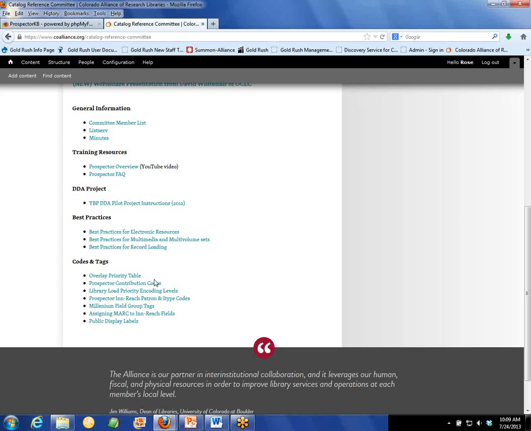And then under codes and tags, we have other things for identification type of documents. So library load priority encoding. One of the ways of determining the master record in Prospector is the encoding level. For catalogers, this will make a lot of sense, but you can figure out from this document the priority at the level of libraries or the different encoding levels that you